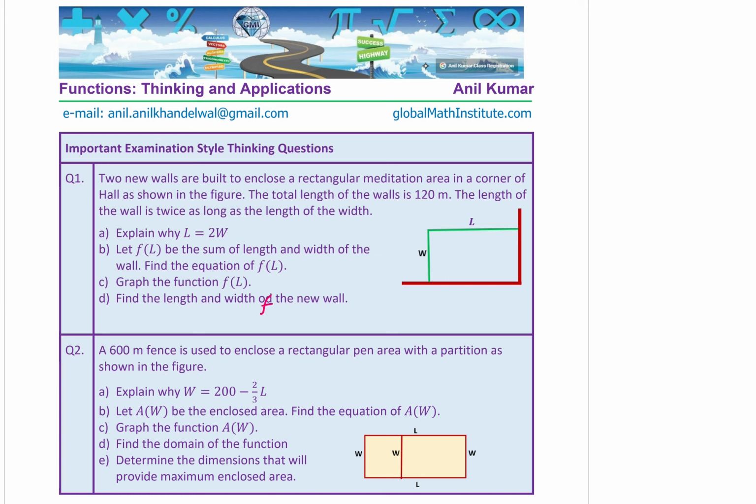Let A(W) be the enclosed area. Find the equation of A as a function of width. Graph the function A(W). Find the domain of the function. Determine the dimensions that will provide maximum enclosed area. Right? So these are the two questions for you, very much related,